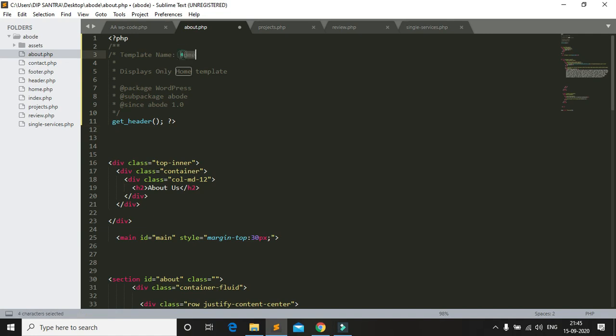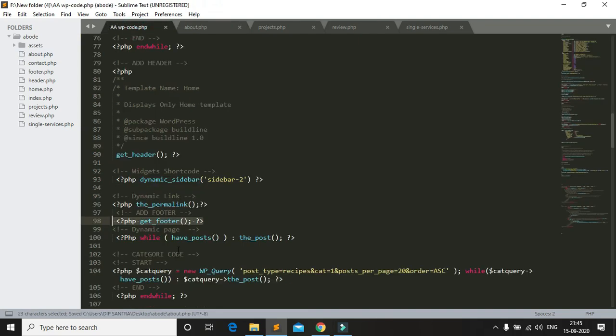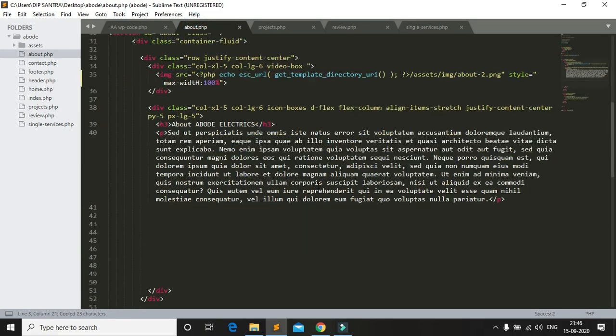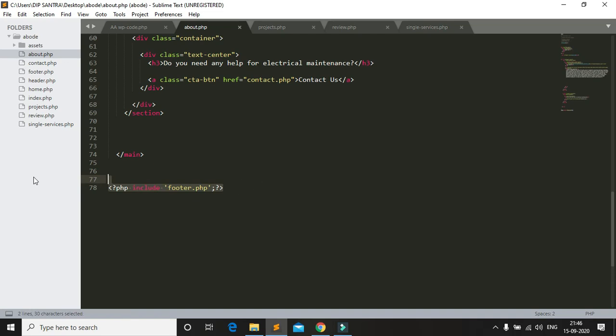Now I copy this one, then go to about us. I just change the theme template name and display only. Yes, copy about. Okay, and copy the footer and paste it here. Save.